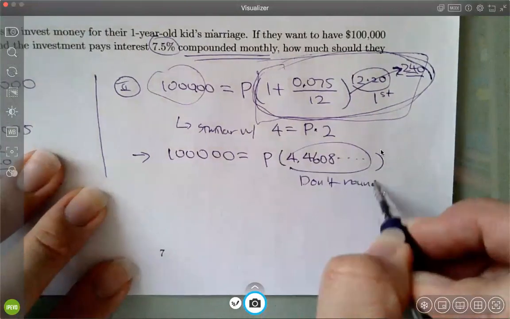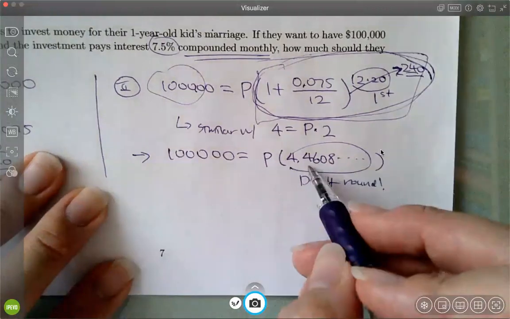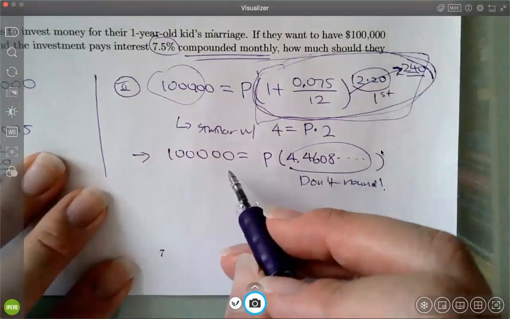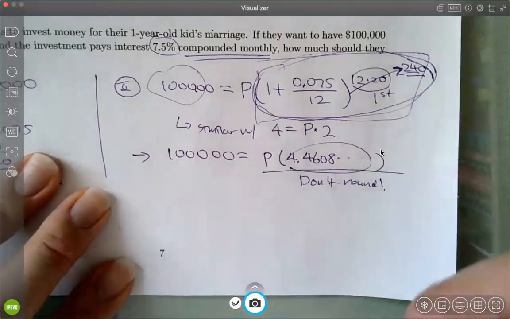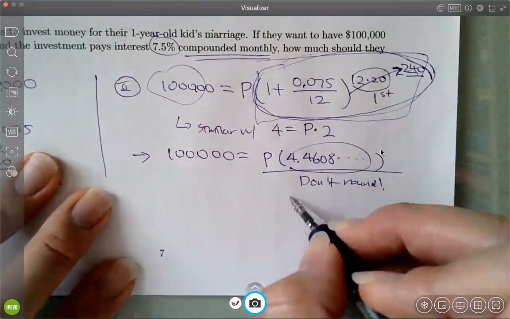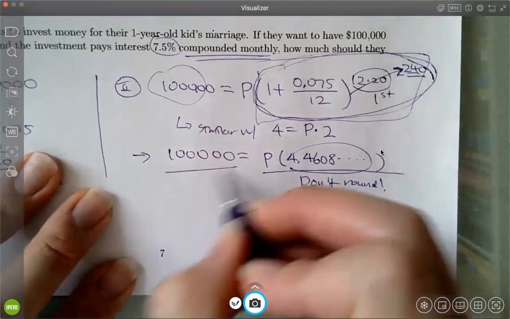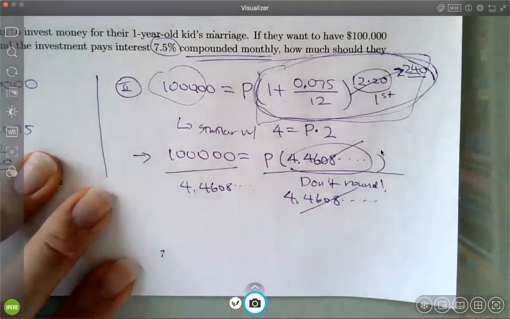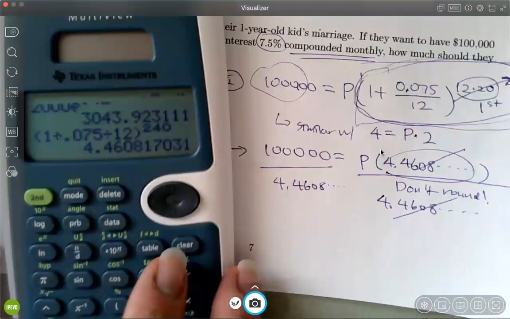Okay, because if you round this and get like 4.5 or 4.46, your answer will be off. So how can you not touch this decimal but still get the precise answer? First, what you do is divide by 4.4608 and so on, right? So you can cancel this. Okay, but when you do that, what you do is first type 100,000